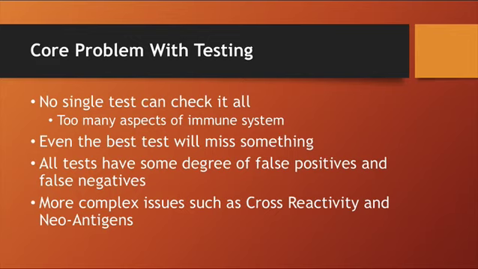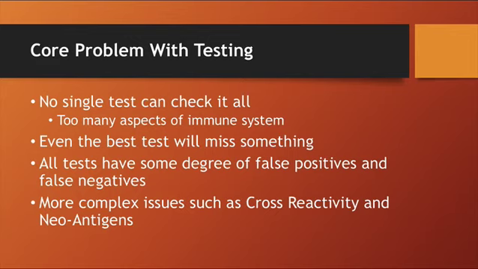Or let's say that a lab combines technologies to test all these different branches. Well, the test would be so expensive and the technology so expensive for the lab to invest in that you'd end up paying, and I'm just making up a number to illustrate a point, maybe $10,000 to figure out what your food reactions are. Well, there's an easier way to do it that almost doesn't cost you anything